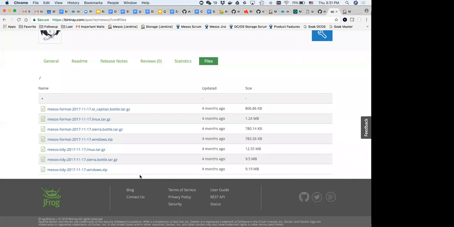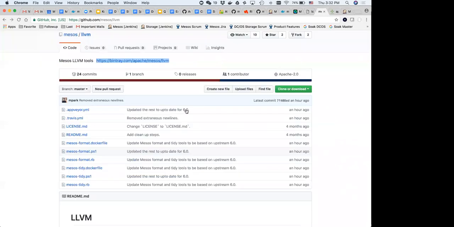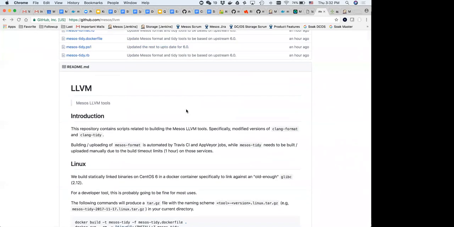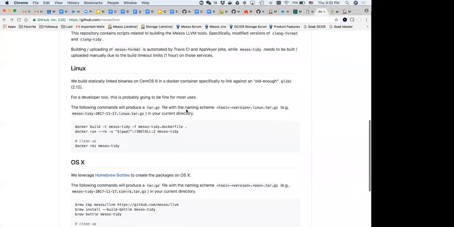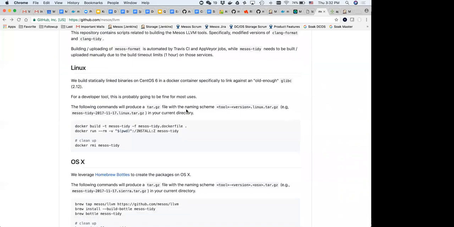a bin directory and a shared directory, where in the bin directory there are the client format binary and the client tiny binary, and the shared directories have some scripts like client format.py, for example, which you can use to integrate with your bin. Or if you use Emacs, there's a client format.el file or whatever else. So the idea is to first and foremost ship a